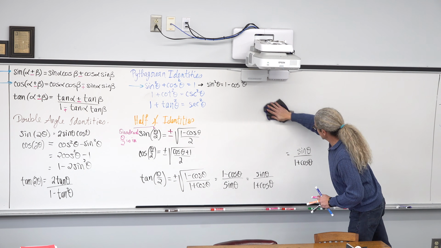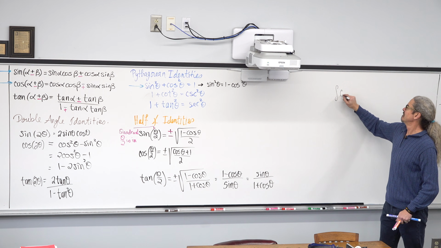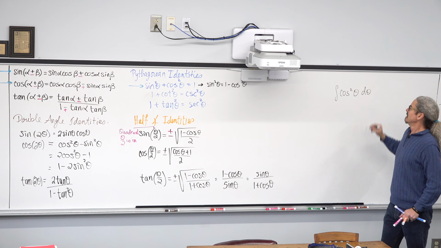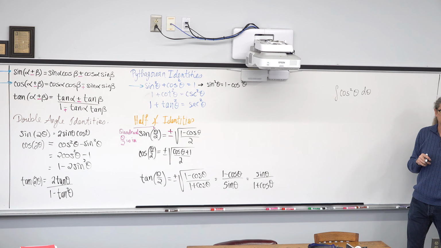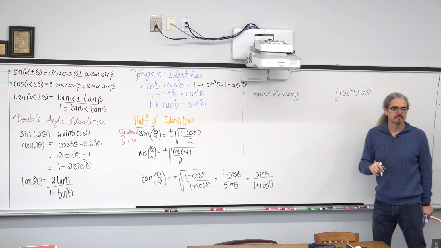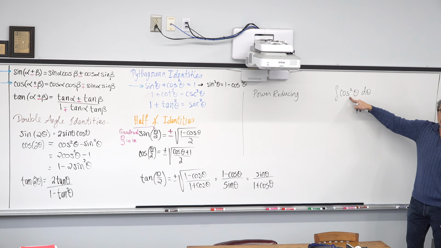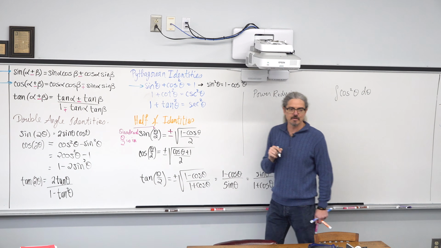There are some power reducing formulas that come in super handy in calculus. We're not in calculus yet. In this format, this is not a doable problem. You cannot integrate this question. But if you use a power reducing formula, you can. So on the board, is there anywhere that relates a cosine to a power of 2 to a cosine of power of 1, even if the angle measure is different?